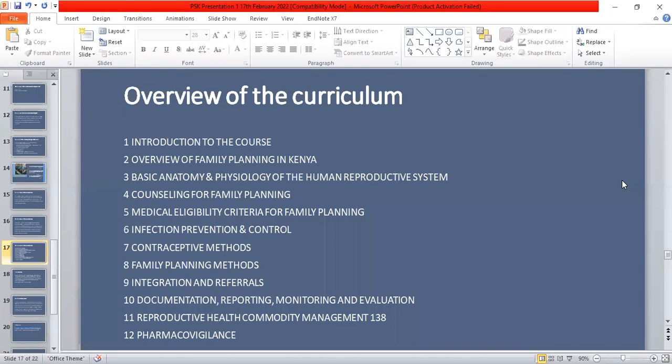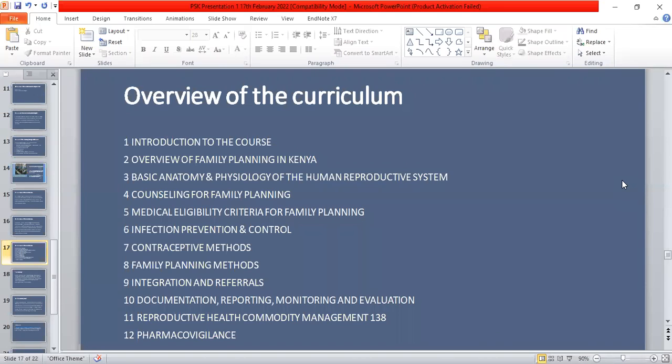It allows you to give the best guidance and make the best choices in situations, for example, where there are comorbidities or where people are taking other medications for other purposes and wish to get a contraceptive choice. Then infection prevention and control, contraceptive methods, family planning methods, integration and referrals,